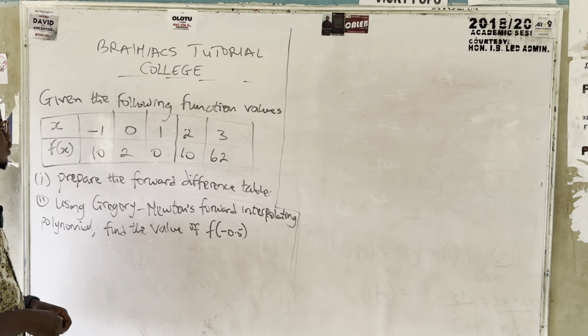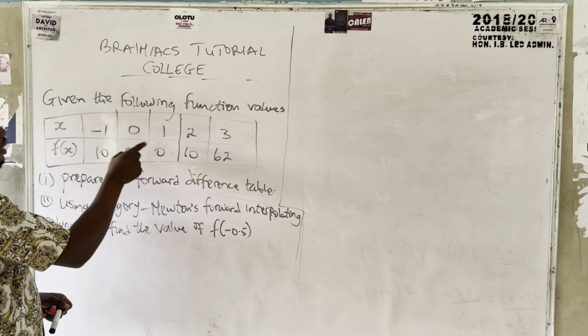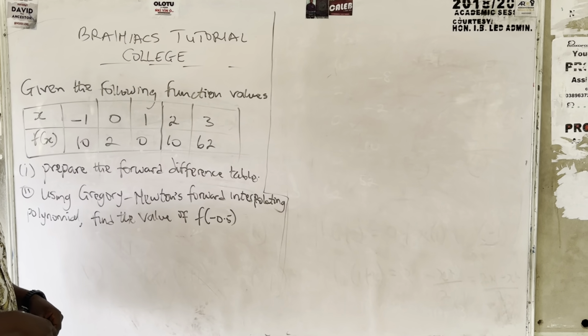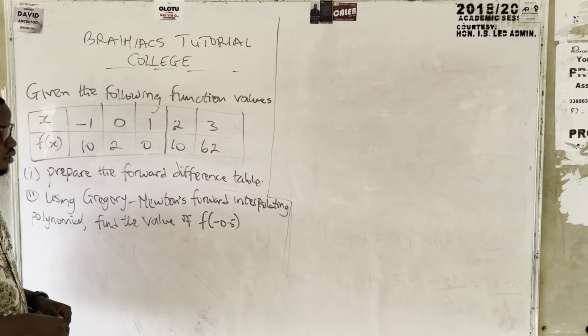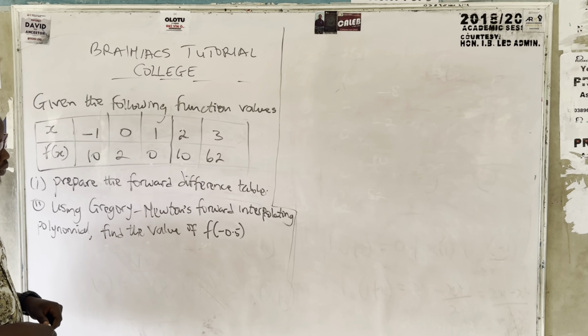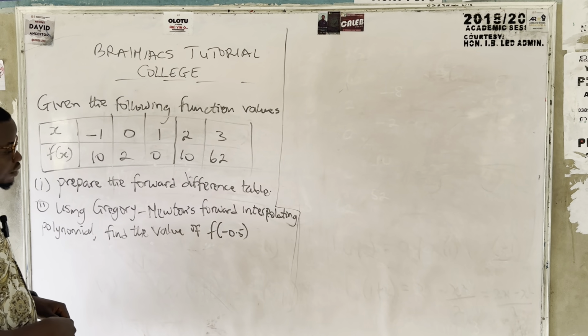Given the following function values, x is equal to -1, 0, 1, 2, 3, and f of x is equal to 10, 2, 0, 10, and 62. Prepare the forward difference table. That's the first question. And the second question is using Gregory Newton's forward interpolating polynomial, find the value of f